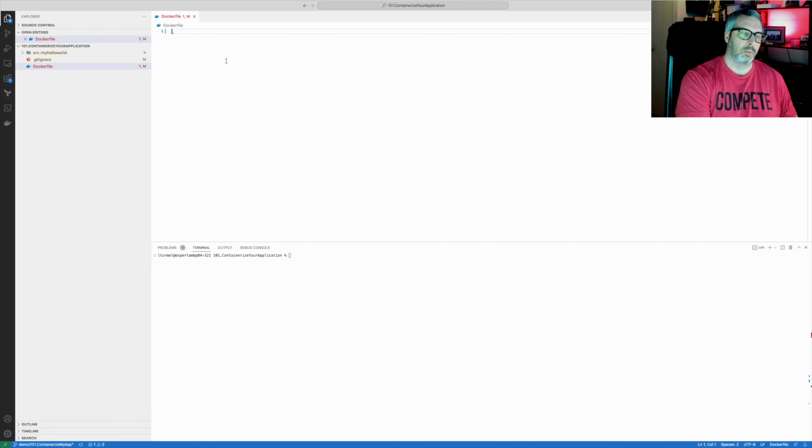And I need to say to that Docker file here that I want to use the .NET container image, the .NET SDK version 7, for the runtime. So firstly, my application now, I need to build it, because yes, of course, I built it